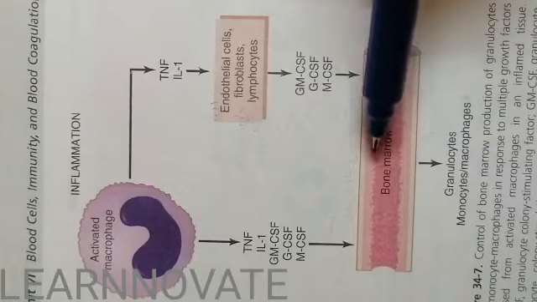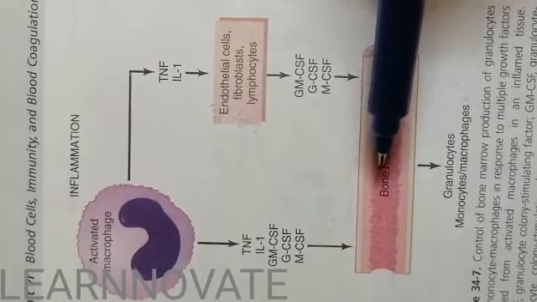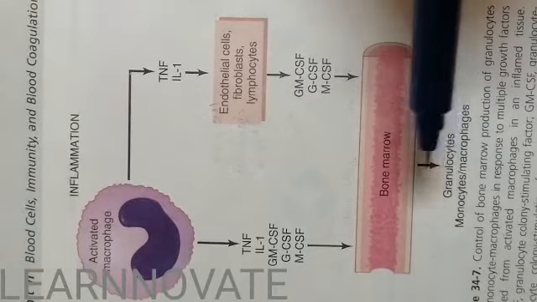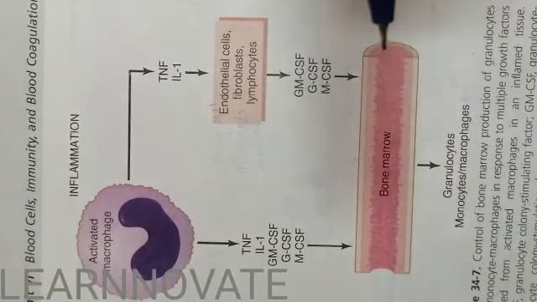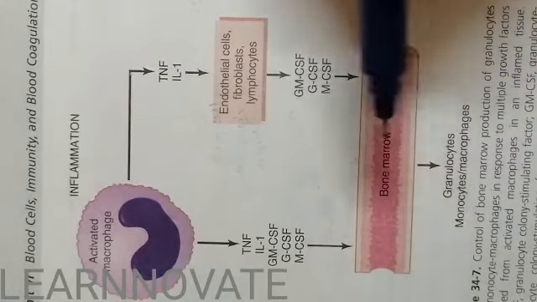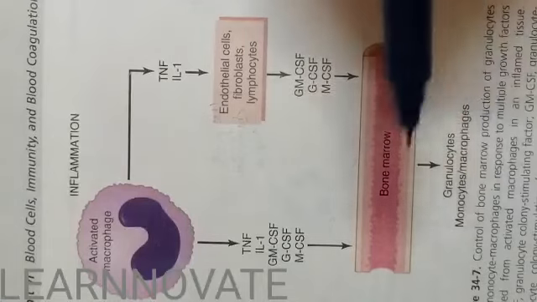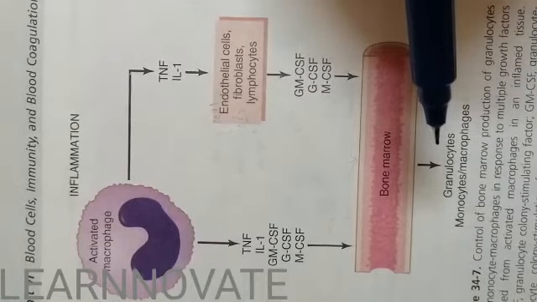The bone marrow has the function of releasing the pluripotent hematopoietic stem cells for the genesis of the WBCs. So it causes the release of the precursors of the granulocytes, monocytes and macrophages from the pluripotent hematopoietic stem cells. When this genesis of the WBCs increases, these cells also increase, and ultimately there is more and more function of these neutrophils and monocytes towards the inflammation site.